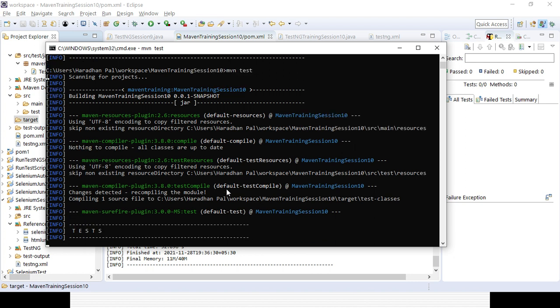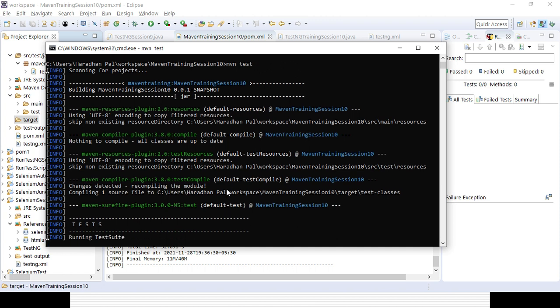So it is going to the test to run it, and definitely you can see it's running or not, running the test script. So it will try to launch the Chrome browsers, it will open the Facebook page, and it will also